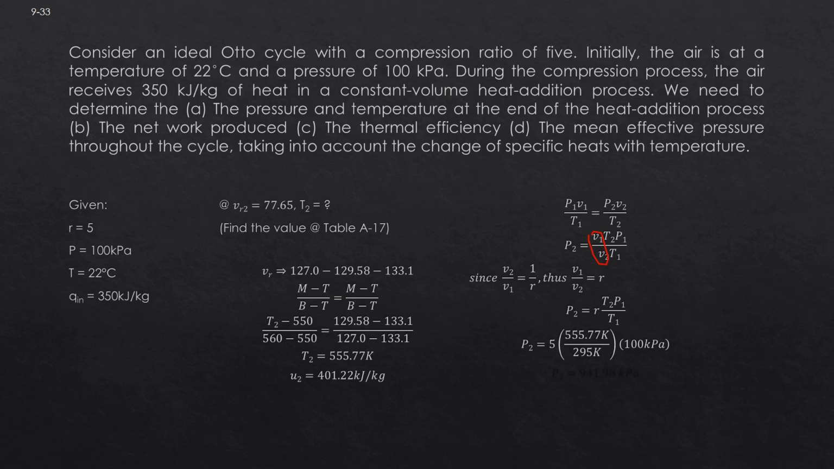the temperature at state 2, which is 555.77 Kelvin, and the temperature at state 1 is 295 Kelvin, times the pressure at state 1, which is 100 kilopascals, and we will get pressure at state 2 is equal to 941.98 kilopascals. And since we have all the values for the process 1 to 2, we have the pressure as